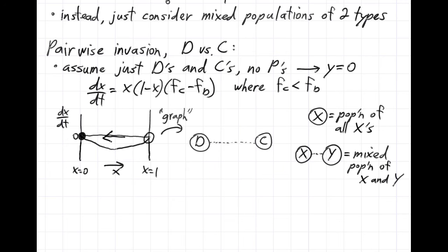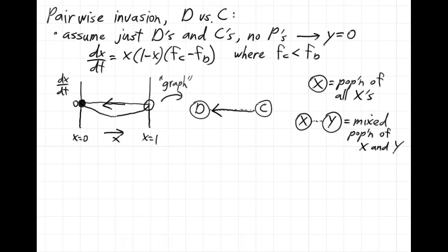So this point here, x equals 0, represents a population with only defectors, so it matches this D here. And x equals 1 is all cooperators, so that matches this. We can draw an arrow in the same direction as we have on our rate graph to get an idea of how things will tend to evolve over time. That case was just looking at defectors versus cooperators, which we've seen before, and we already know that defection takes over. What about including